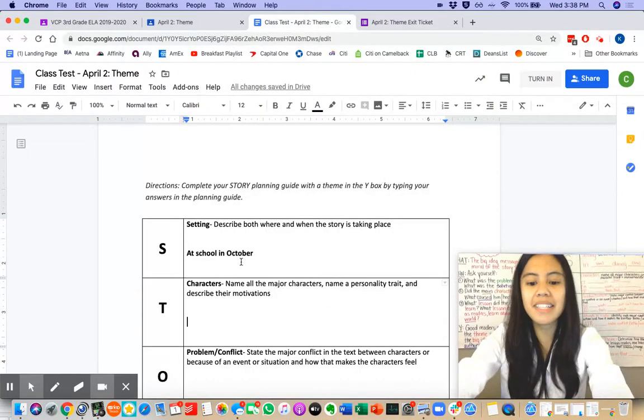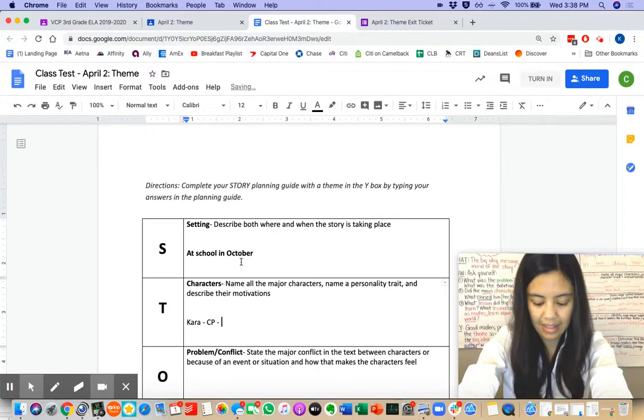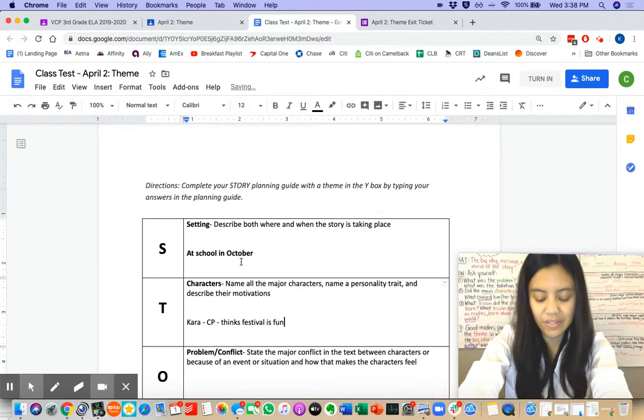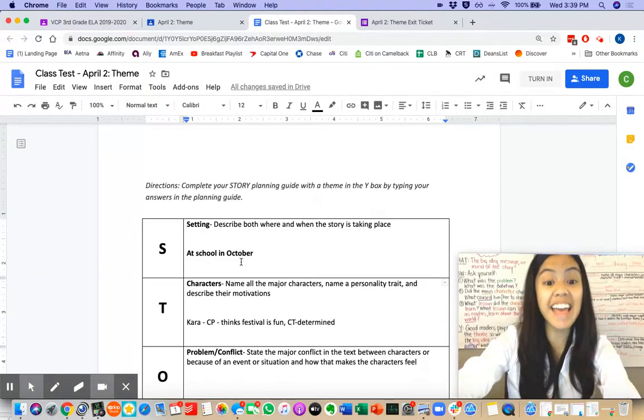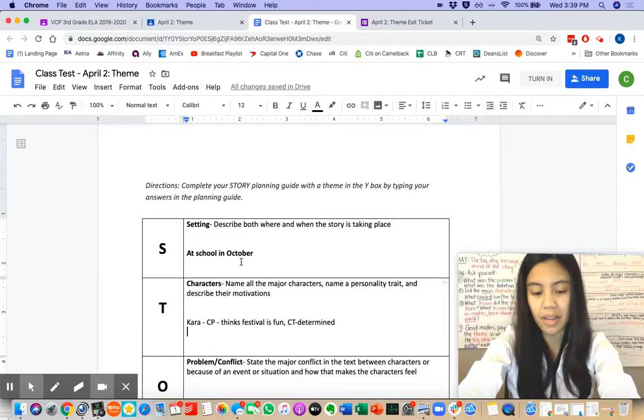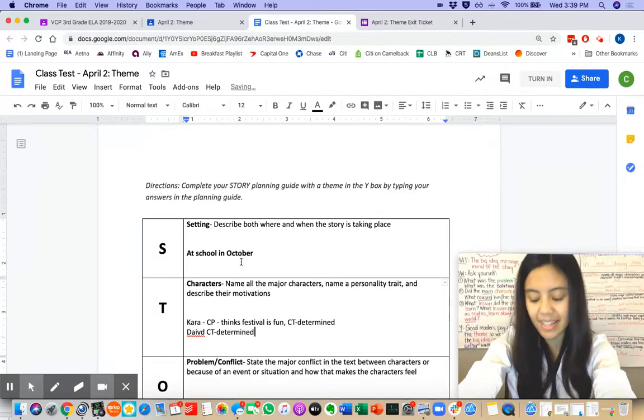I might say Kara, CP, thinks festival is fun, and then her CT, character trait, is determined. Then I know I can press the Enter key to also write about David, his traits, and motivation.